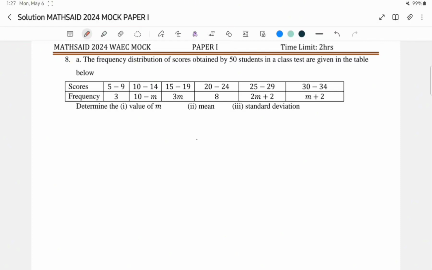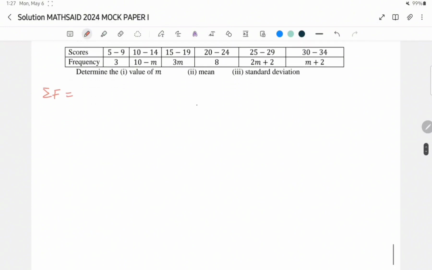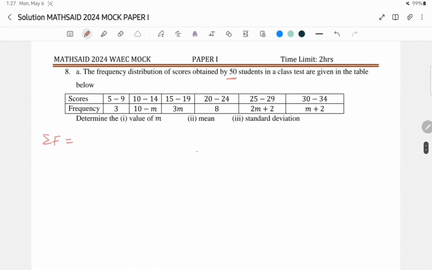That means we are going to add the whole of the frequency and equate it to 50 because we are being told that there are 50 students. So that means summation F is 50. So let's add 3 plus 10 minus M plus 3M plus 8 plus 2M plus 2 plus M plus 2